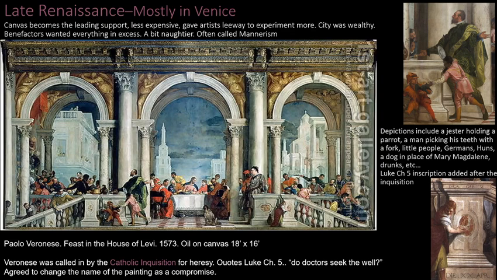So it was like you've painted the Last Supper as he's at a bar. It was about the same amount of an insult there. Even the dog that's painted here in the foreground is supposedly supposed to be Mary Magdalene. And that's just another slap in the face. People picking their teeth. There's little people. There's just all these different types of people that show that it's not the right setting.